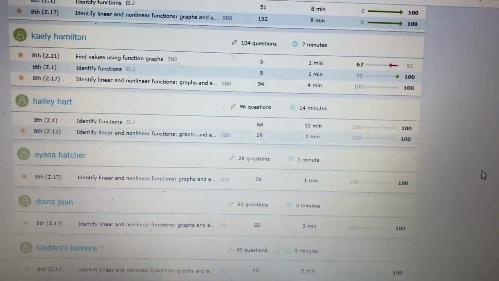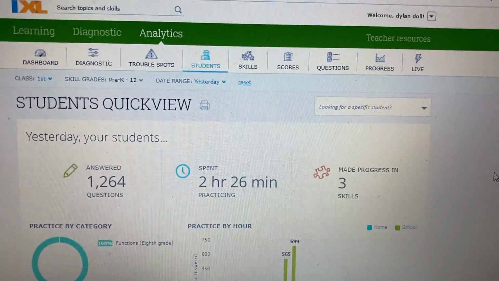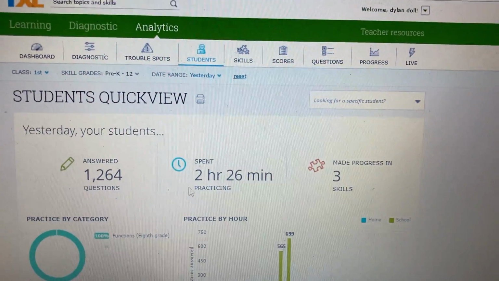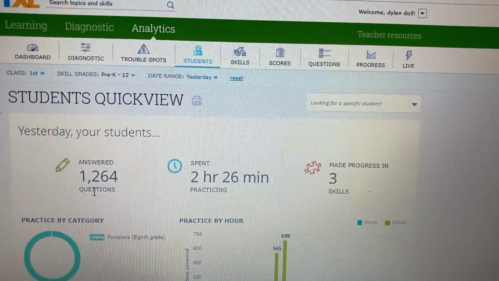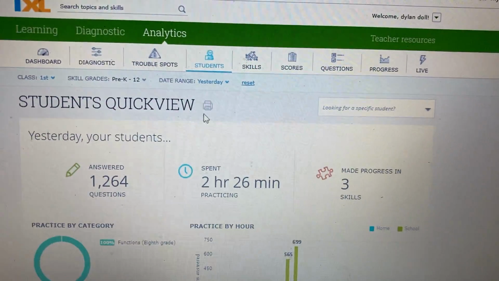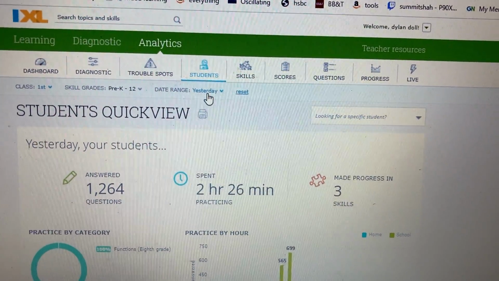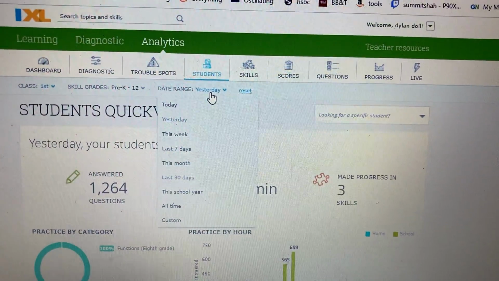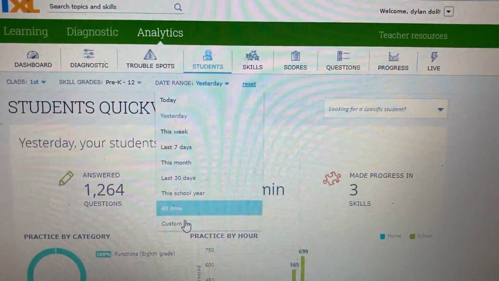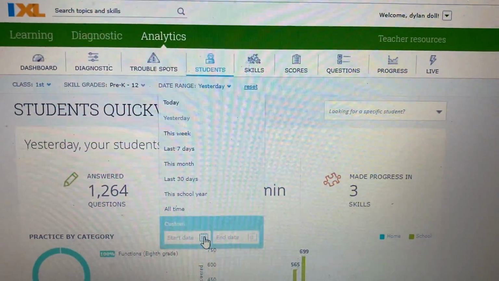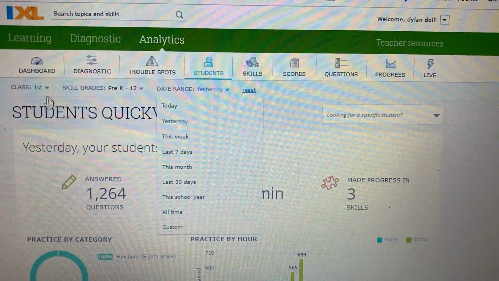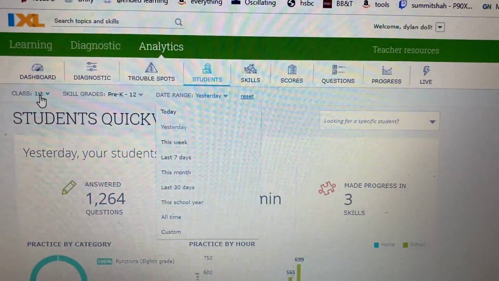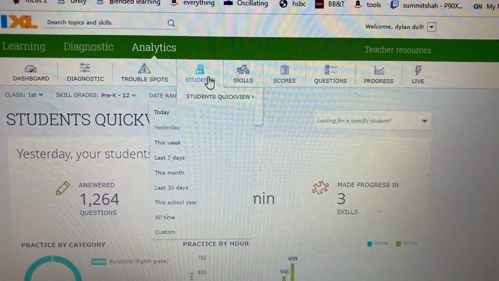So if I wanted to look at, and there's the whole class. So yesterday, my students in this one class answered over 1,200 questions. So that's a lot of practice. All right, and that was actually only from a very short activity. So you could pick your date range. That's real important. So you could pick custom if you want to look at what do they do for the last 2 days, different things like that. And again, you're selecting your class if you want to do that. Okay, another one here